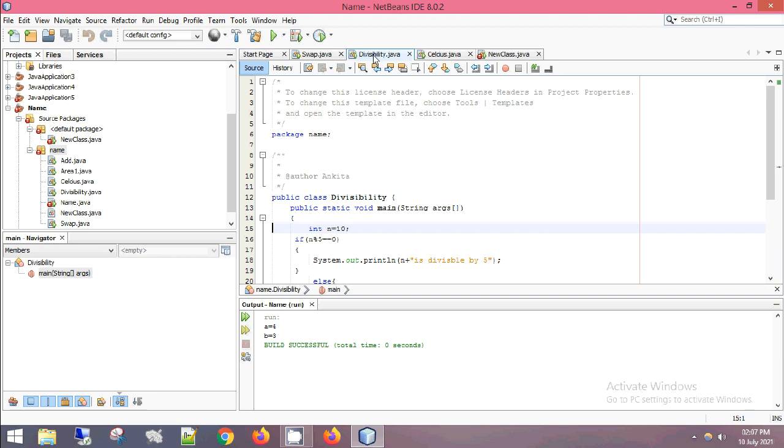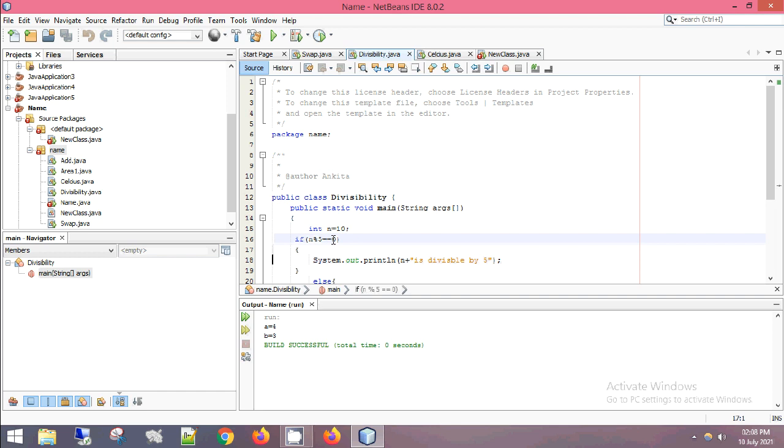We have learned in arithmetic operations that there are 5 types of operations: plus, minus, multiply, divide, as well as modulus. We know that if a number is divisible by another, the remainder will be 0. So over here I am using that concept: if n modulus 5, that means if 10 is divided by 5 and the remainder comes 0, modulus returns the remainder.